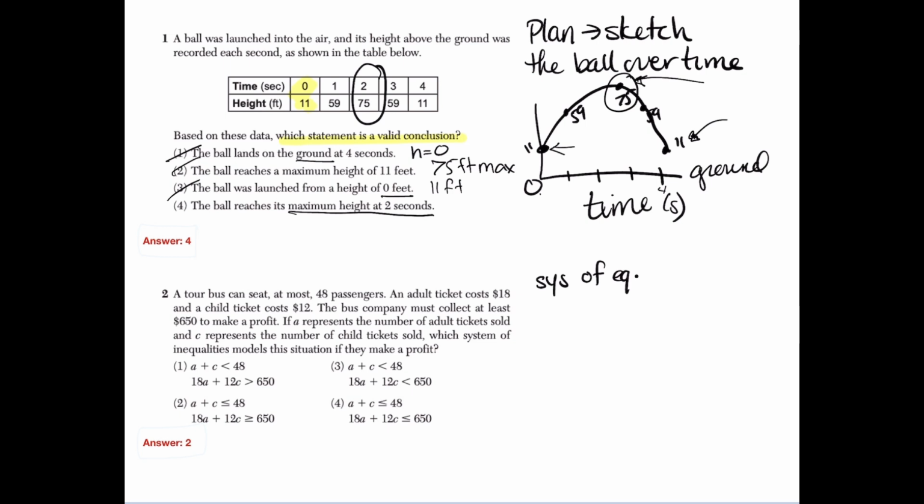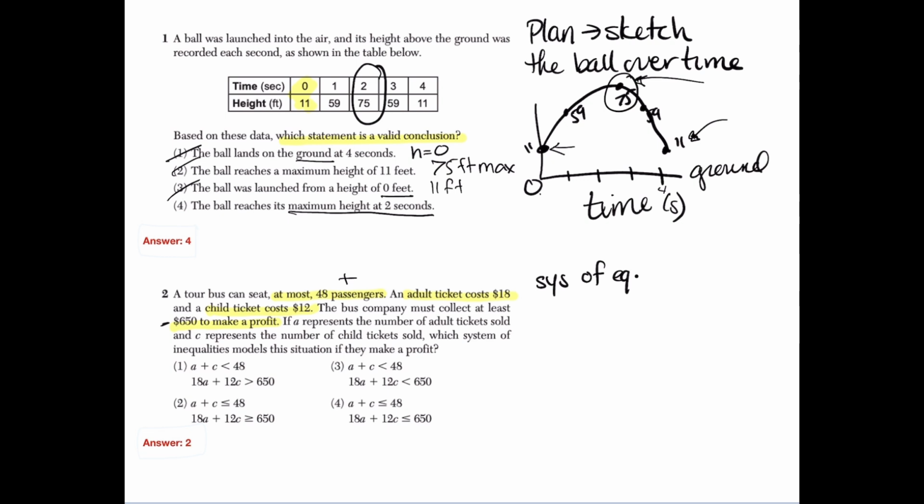We have a tour bus that can seat at most 80 people. So this is going to be the bigger number. I'm going to put a plus sign. Adult tickets cost $18 and child tickets cost $12. The bus company must collect at least $650. So this has to be the smallest number, the 650. If A represents the number of adult tickets sold and C represents child tickets sold,